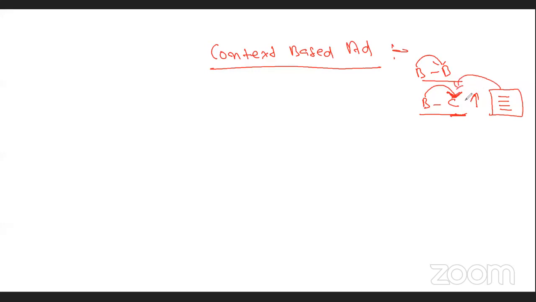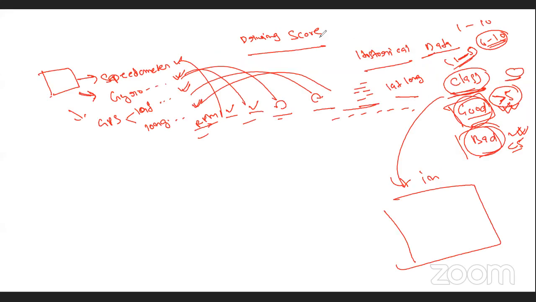Now the second use case that I have discussed was the driving score, as we know. In the case of a driving score, I was trying to pass this information to the insurance industry. So basically this was a B2B. By passing this driving score to the insurance industry, which is another business, I would say